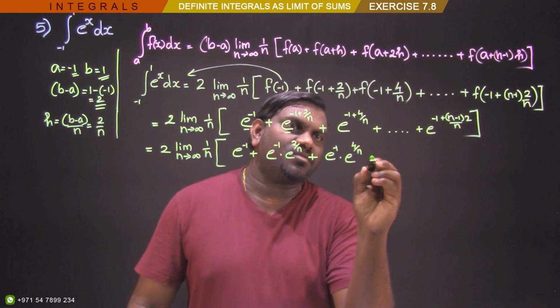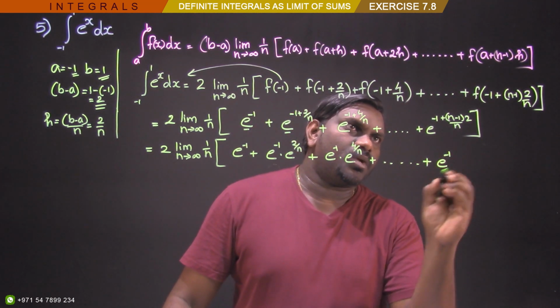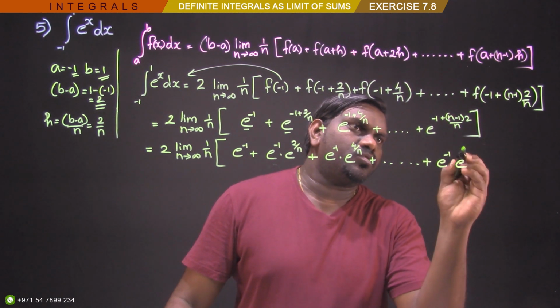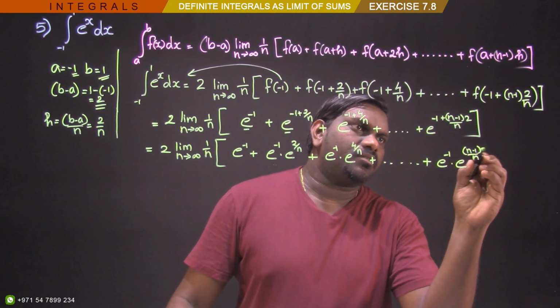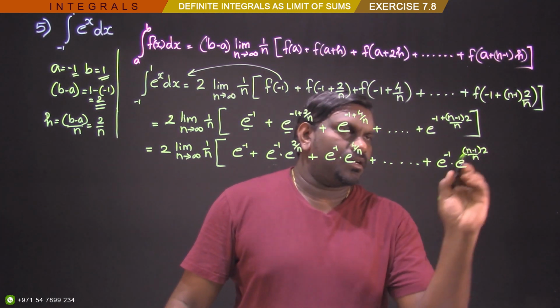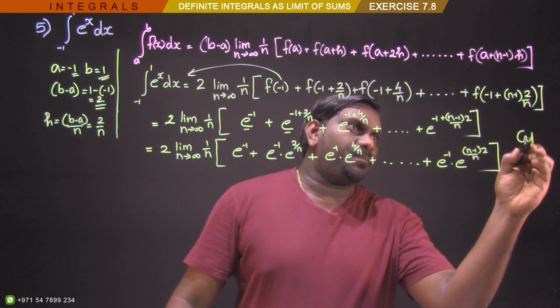Okay, after writing this one I will tell you something. E raised to minus 1 into e raised to, what you have here is n minus 1 by n into 2, right? Okay, but in the formula